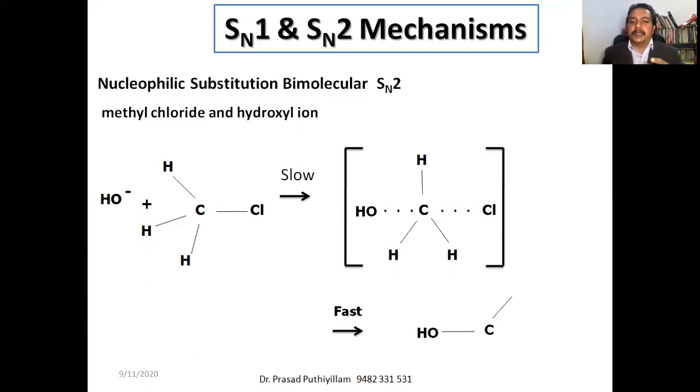So when the hydroxyl group is connected to the left side, here chlorine was on the right side, so the hydroxyl group came from the left side. Then automatically, when it forms the bond, to satisfy the bond angle, the distance and the steric hindrance, the hydrogens have to go to the opposite side. The hydrogens are arranged on the opposite side like this, and Cl minus is removed. That is the second reaction mechanism of the SN2 reaction.